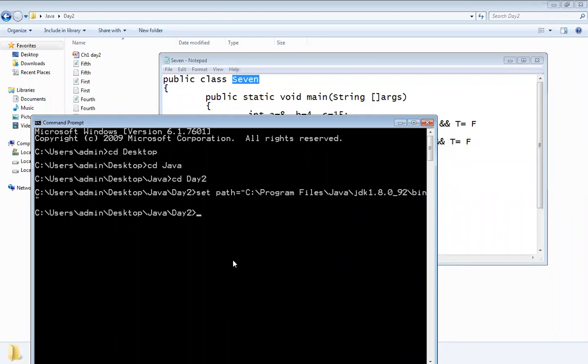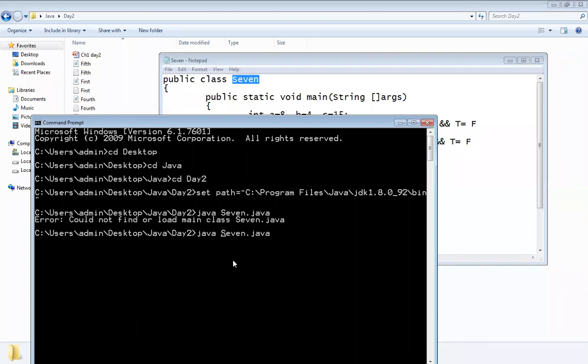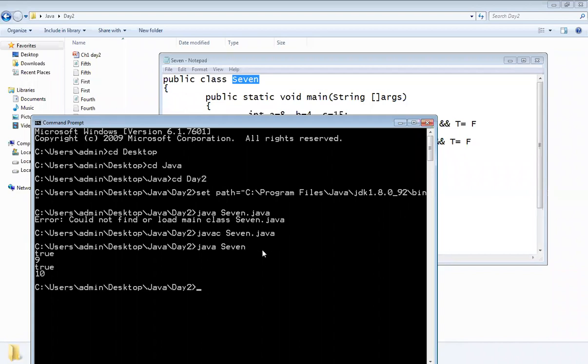Now compile your program 7.java. Sorry, compiler is required. I have used the interpreter. That's why it has given an error. Okay, now here it has generated the value true.